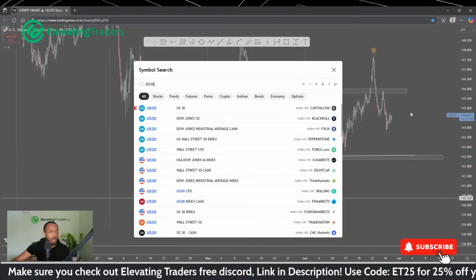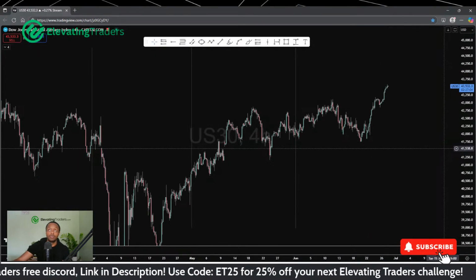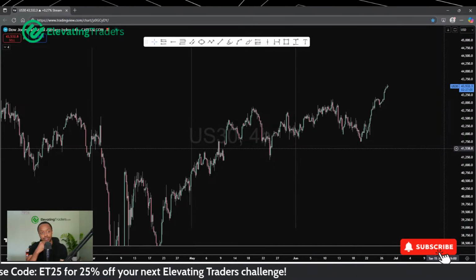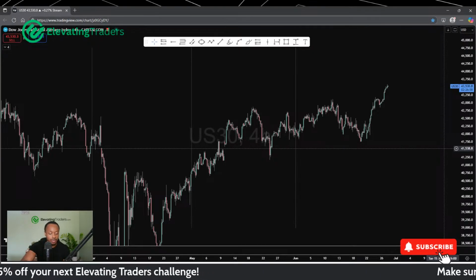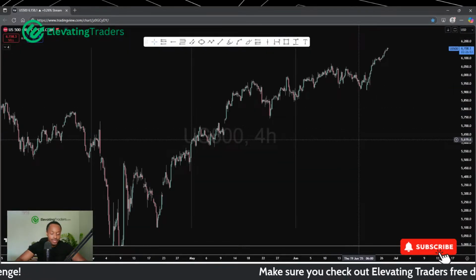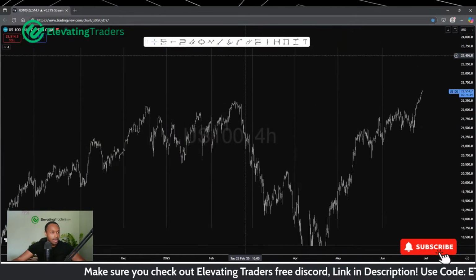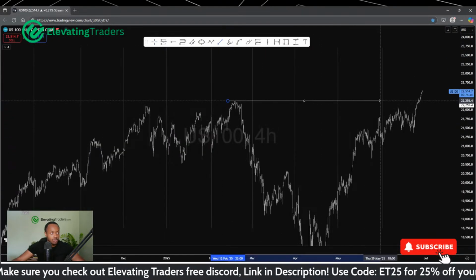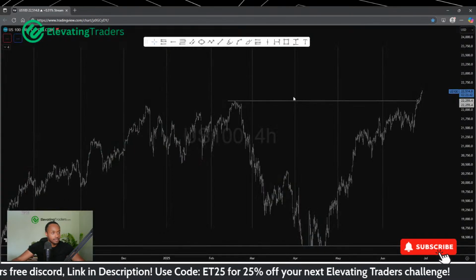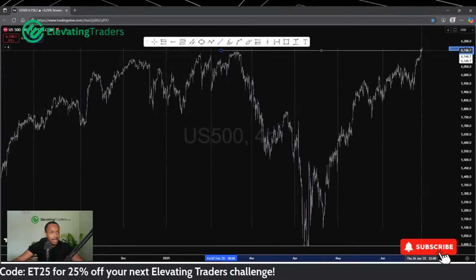The indices are very, very bullish. I wasn't expecting that, to be honest. I was actually looking for a bit more of a pullback for these indices before we do go higher. But nope, US 30 is looking very bullish. The S&P is looking very bullish. NAS looking very bullish. I think both the S&P and NAS created new highs this week, didn't they? So NAS, new highs, S&P, new highs. Yeah, just about new highs today.